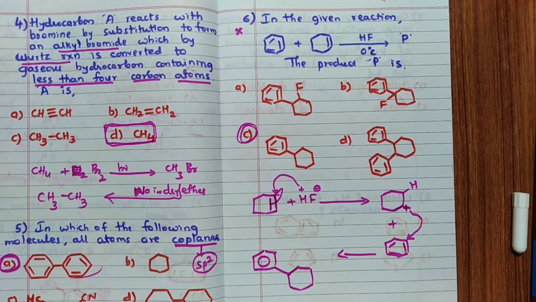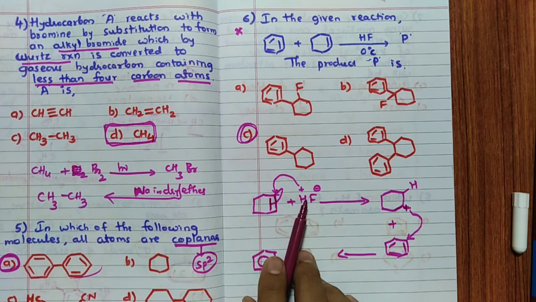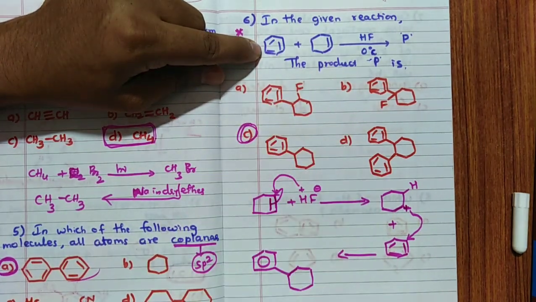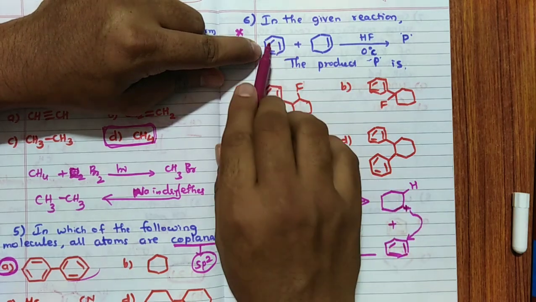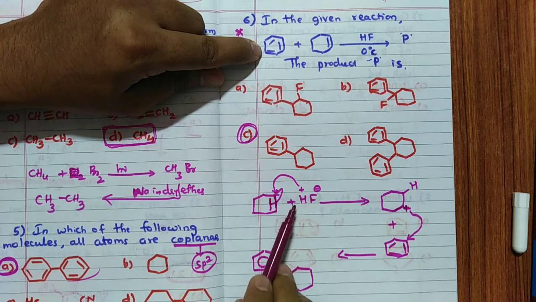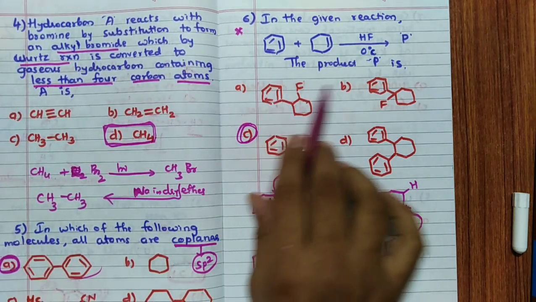So as I told, this is somewhat higher level. You have to think in that way also. So HF, H plus will attack on this carbon. See, you can attack this HF on the benzene ring also, no problem. But you will end up with only one product. That is, you can say fluorobenzene you may get. But here very important is that it further reacts with the benzene ring, because in all the products, you can see,